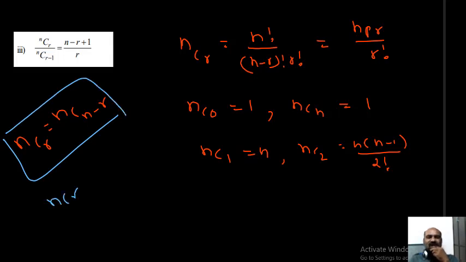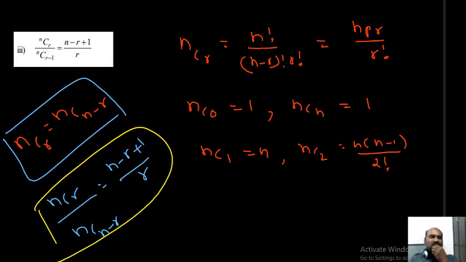Another important one is nCr by nC(n minus r) equals (n minus r plus 1) by r. So this is the concept of combinations or selections. Okay, now all are same. Selecting the things, and different things are given. From n we want to select r. Selection. After selecting, what we want to do, that is later. We can arrange or whatever it may be. But selection, just selection. From n we want to select r, symbolically written as nCr. The value is equal to this. I hope you people understood the concept.